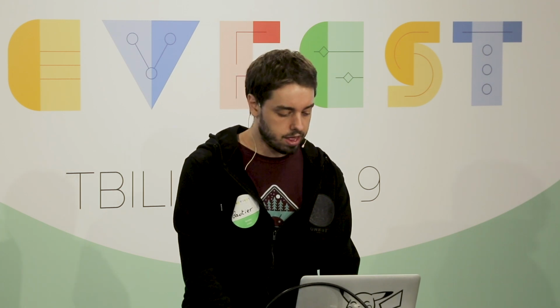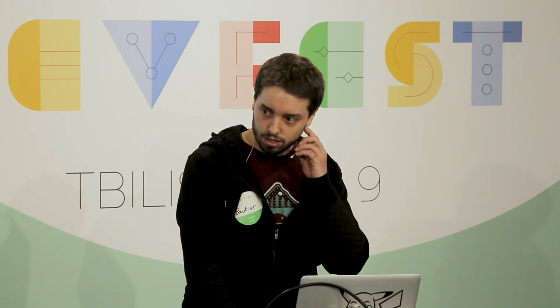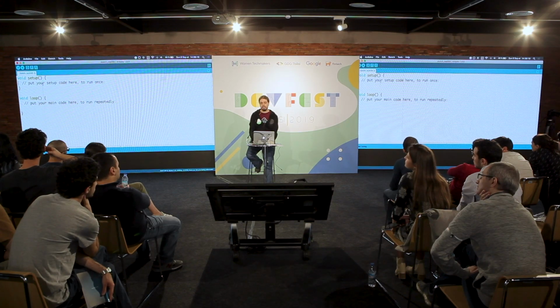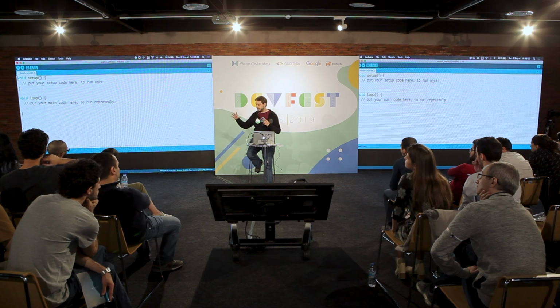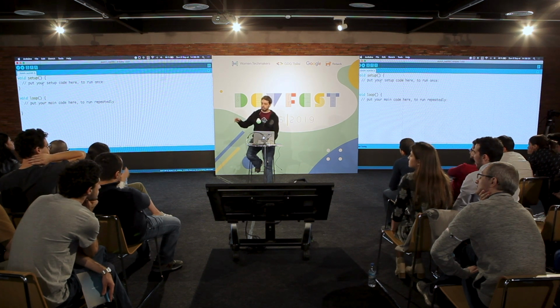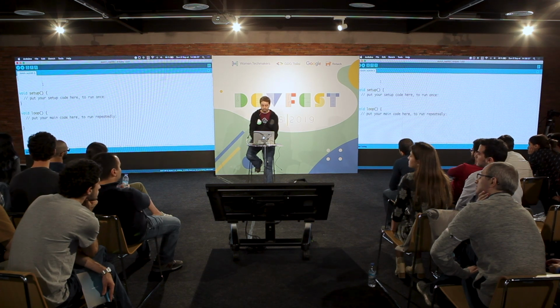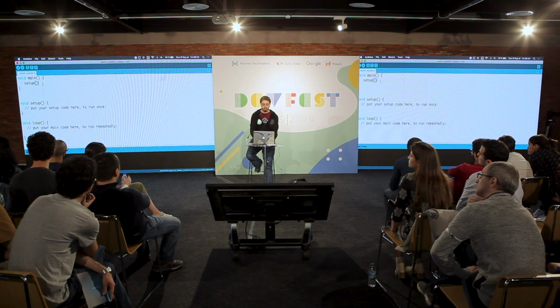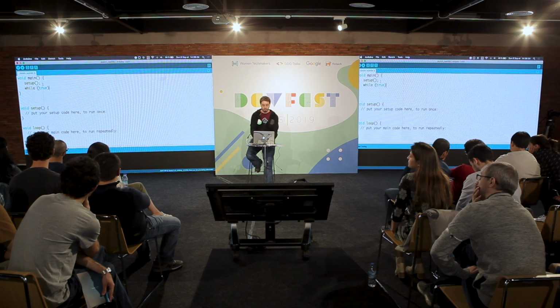We just opened the Arduino IDE. We click on File, New, and you can see you have two methods. You have a setup method and a loop method. The setup method will be called once when your application starts, and the loop method will be called each time in a loop. If you know the main function in C, it's something like that. The setup is called only once, and in a while true, you call your loop method. But you don't have to create the main code. You just have to override those two simple signatures.